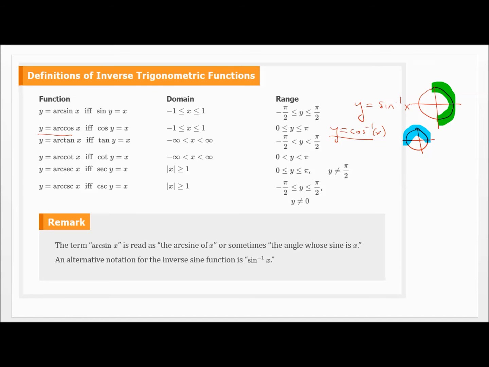the function. Okay, now arc tangent, the domain is between -infinity and infinity. So you can plug in any value you would like into the arc tangent or the inverse tangent. Again, another way to write that is like this. Okay, but the range is very similar to the range of inverse sine. It is only the right half of the unit circle, -pi/2 to +pi/2. But notice it's not equal to, because tangent of those values gives you undefined, therefore there's no equal to here